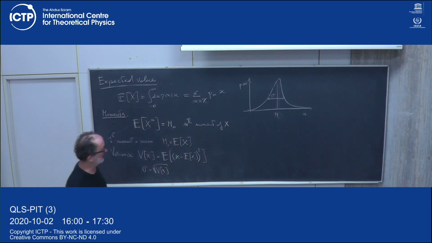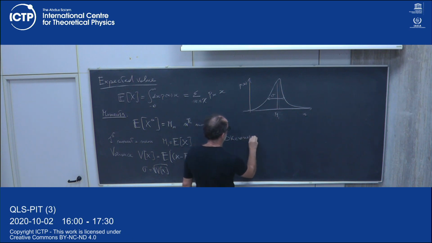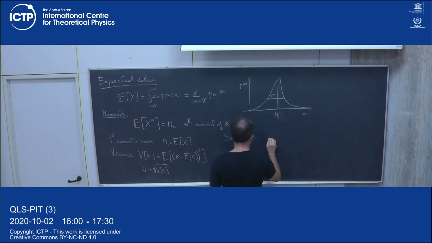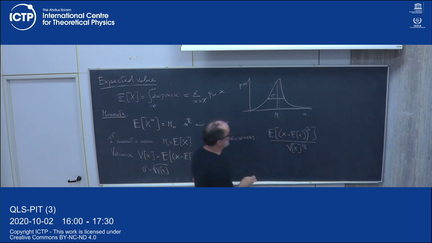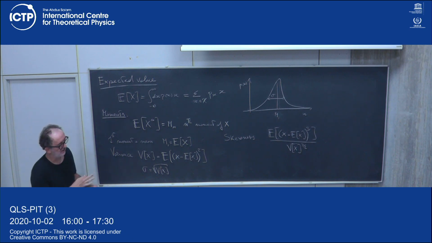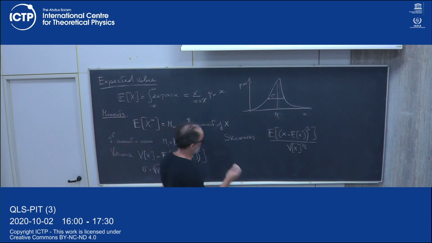And in this way you can also define other things that tell you how asymmetric this distribution is, and this is given by the skewness, which is essentially the expected value of x minus the expected value of x, cubed, divided by the variance of x to the 3/2. This is a number that, if it is 0, is an indication of a symmetric distribution about the expected value. If it is non-zero, then it tells you how big the asymmetry is. And like this, you can also define the kurtosis and other